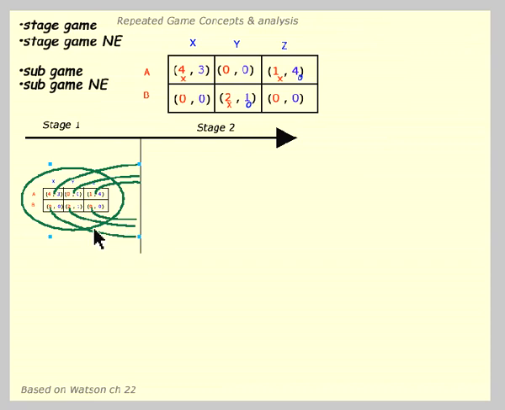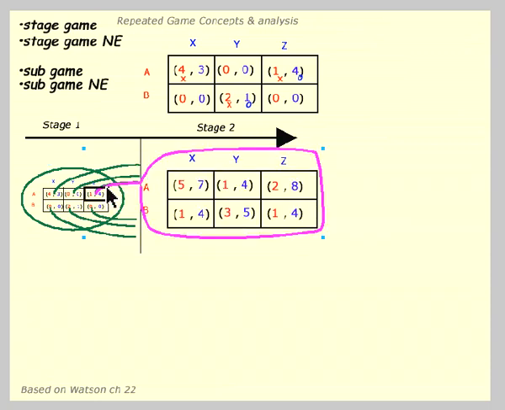So if we're going to draw the full game tree, which we don't want to do because it gets too complicated, okay, in the first stage there'll be a branch leading from every combination of choices in the first to some combination of choices in the second. Supposing the second stage is one where the red player played A in the first round and the blue player played Z in the second round, then we're going to play this game again. Okay.